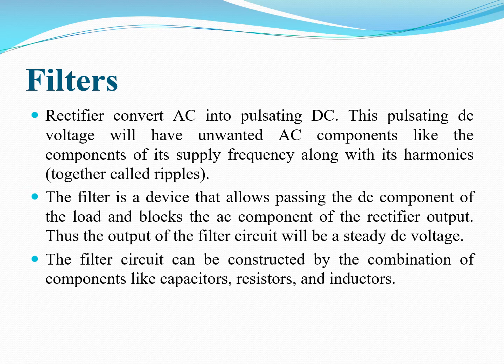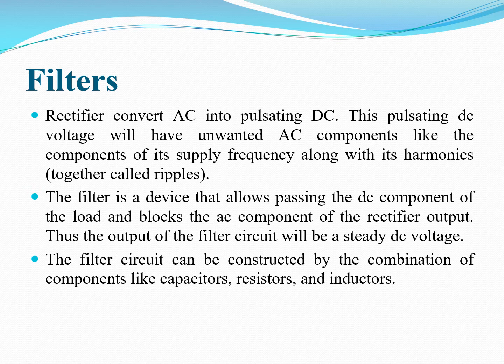In a rectifier, we convert AC into pulsating DC. It means we convert alternating current into direct current. But when you convert AC into DC, some AC components are still present in your output DC, and that is why this DC is called pulsating DC. And to remove these AC components from the DC output, we use various types of filters.